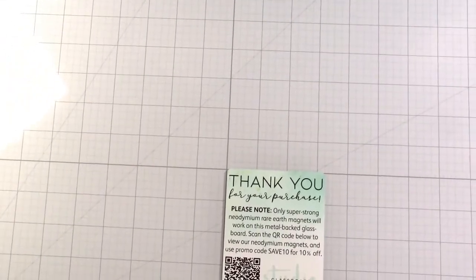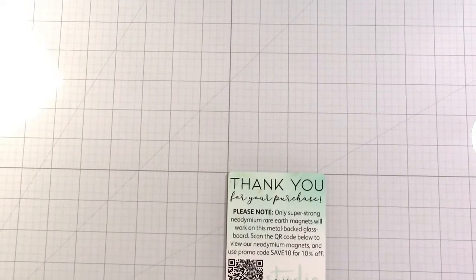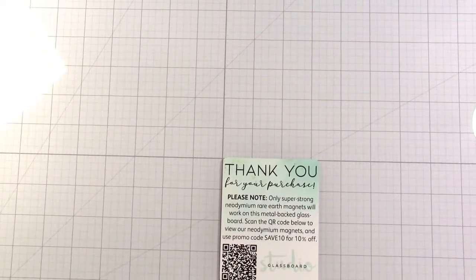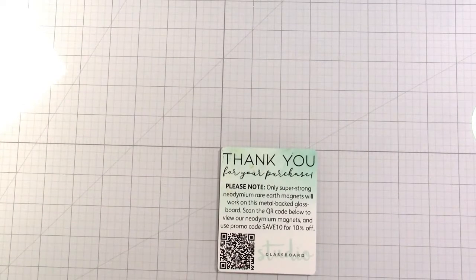try this craft mat. So they have different sizes. I got the 18 by 24. And I will tell you a little bit about this craft mat because it's pretty unique. So 18 by 24 is the biggest size you can get,